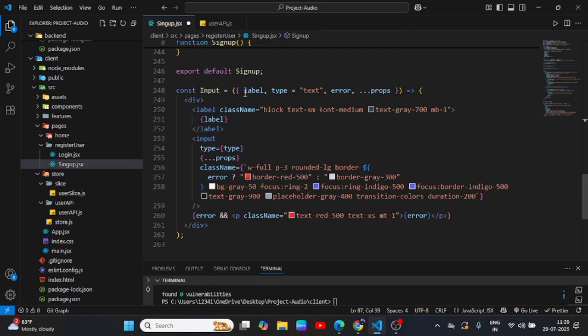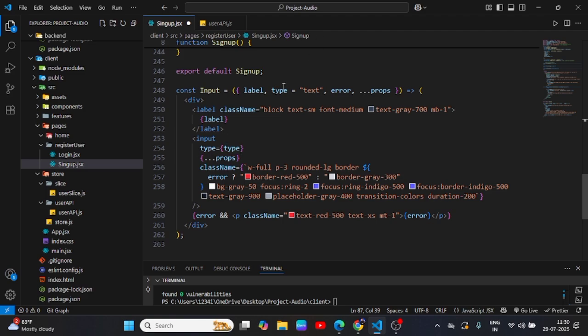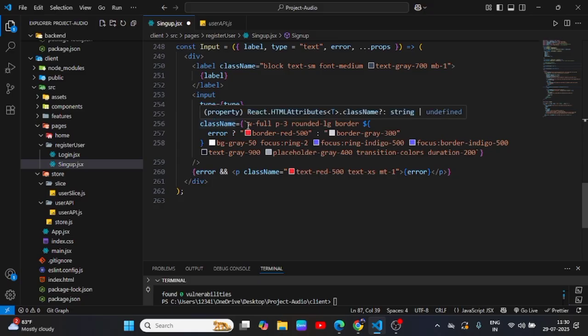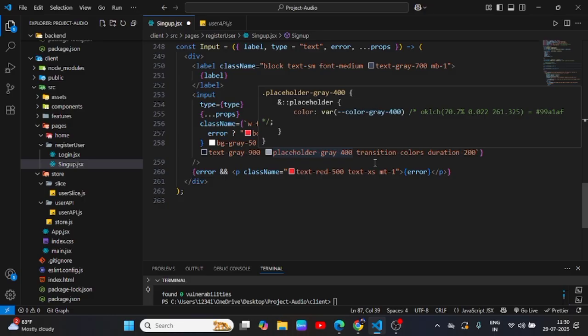This is the input. This is the label. Type is text, error, and props. And this is the label: block, text sm, font medium, text gray 700, margin bottom 1. And this is the input, type is type, so I can access it from here. And then props, that means all the previous things I can spread. And then class, so this is a dynamic string: width full, padding 3, rounded large,